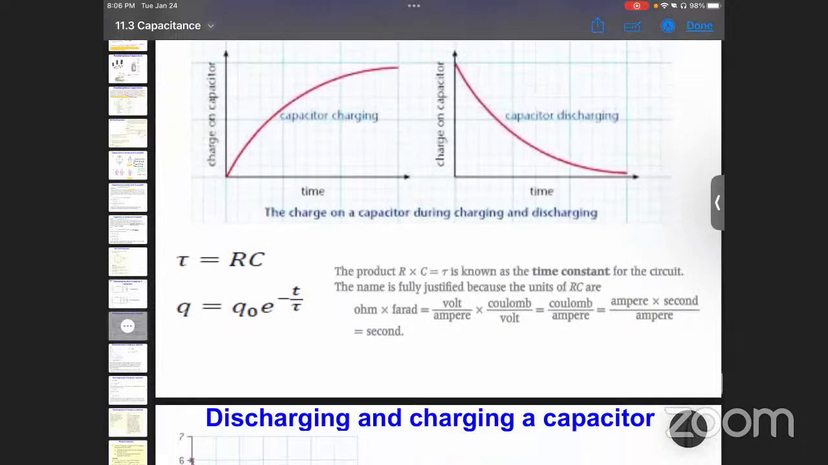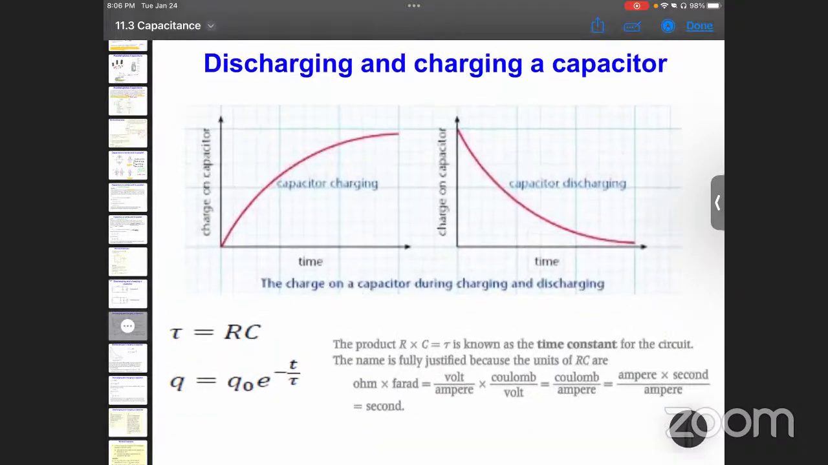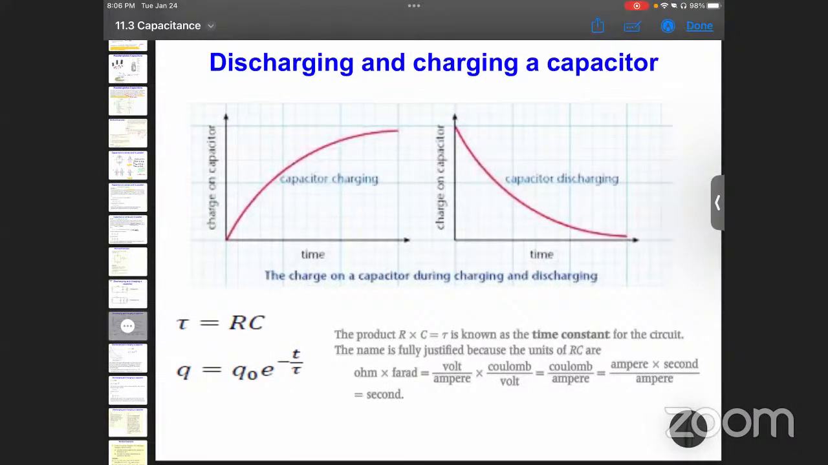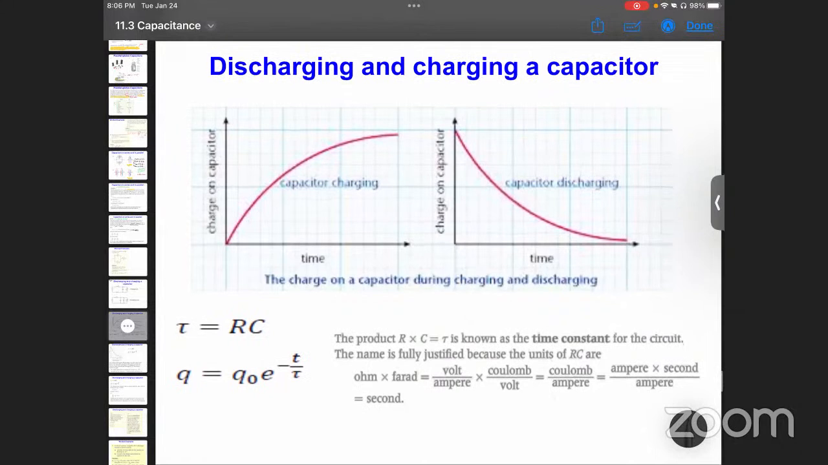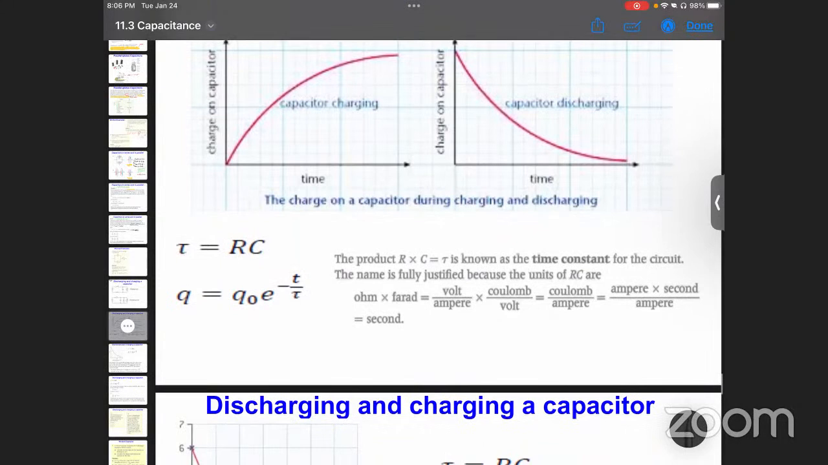Now look at this for a while. It should be no surprise to you that when the capacitor is charging, the bottle is filling up, the charge increases. Then when discharging, the charge decreases. That's not a surprise, right? However, it's a curve, and the curve turns out to be, according to this formula, a natural